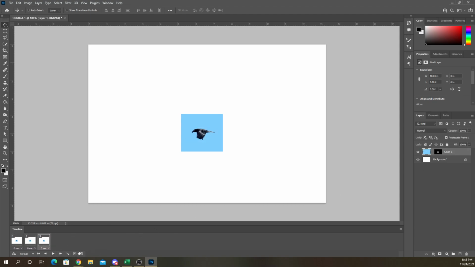Might look better if we add a couple more frames and use the rest of the images of the bird. One more. And I think there was a couple more. Yeah, this is the last one. Okay. All right, so this one,